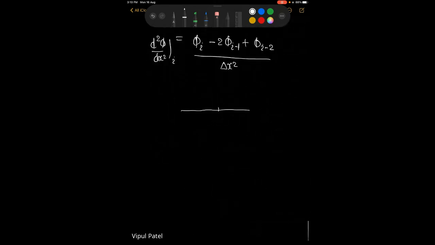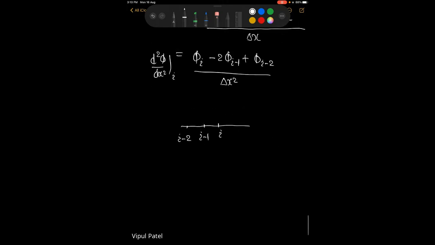this d square phi by dx square at any node I, I took the help of nodes which are available at I minus 1 and I minus 2. That's why the backward as well as forward difference schemes are called one-sided schemes, right? Because we are taking the help of nodes which are available on a single side of the node I. And for the central difference approximation for d square phi by dx square,